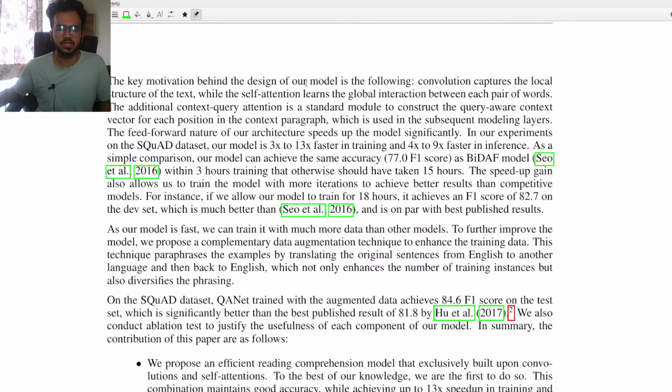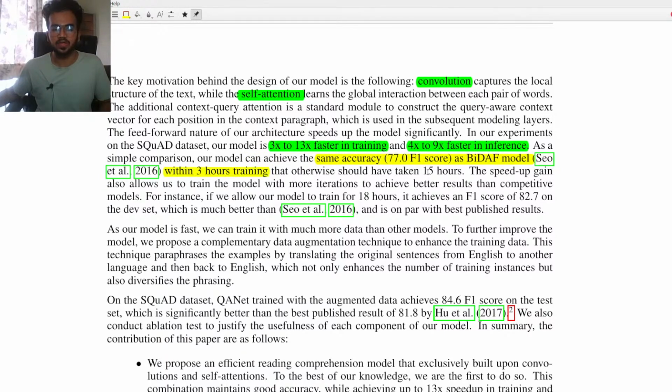The key motivation behind the design of our model is the following. Convolution captures the local structure of the data, while the self-attention learns the global interaction. The additional context-query attention module is a standard module to construct the query-aware context. We'll see this in their experiments. Again, they mention 3 to 13 times faster training and 4 to 9 times faster inference. As a simple comparison, our model can achieve the same accuracy of 77 F1 score as the BiDAF model